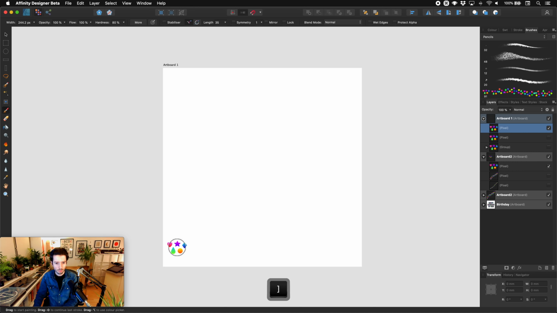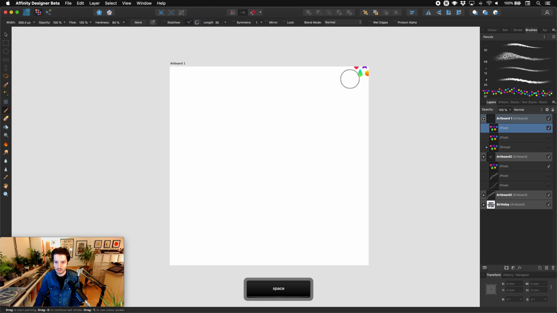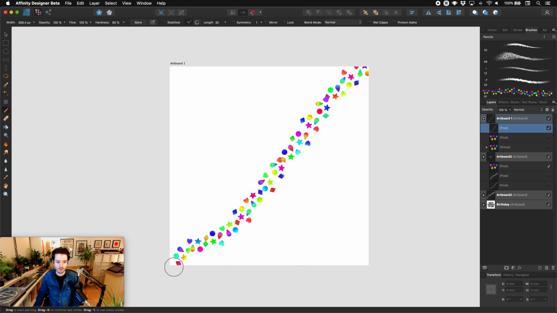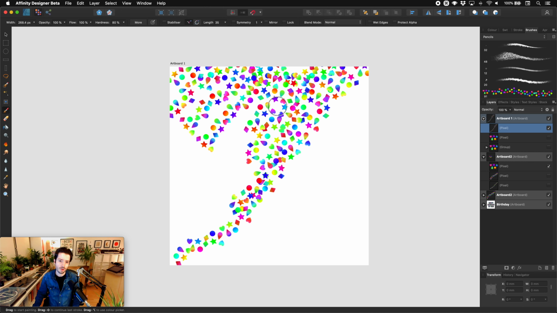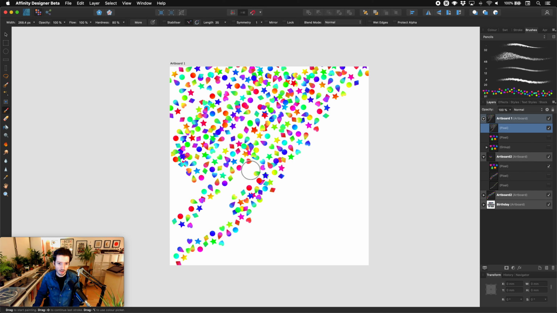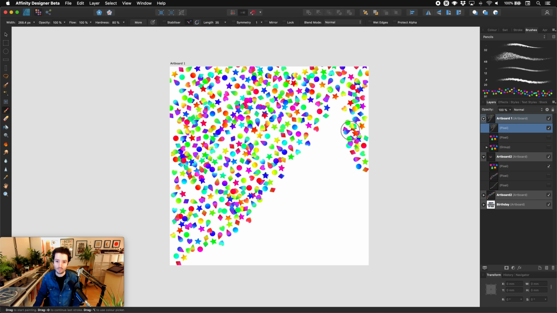Let's bring that up a bit more. Yeah, that's looking a bit better. So now let's start to fill the page like so. Still quite small, but that's fine. I'm just going to chuck these on the page because they're going to be in the background really, and it's going to be more of a texture that we're after. But as you can see, it is starting to create this fun, really colourful, vibrant confetti pattern on our pixel